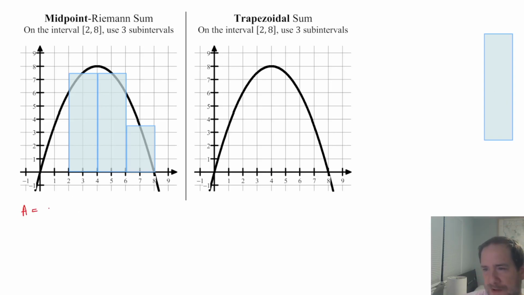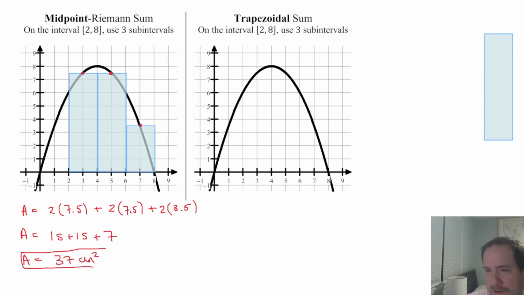Now the first guy still has a base of 2, and his height, we said, seems to be, let's just call it 7.5, keep it as simple as we can. The next one is base of 2 with the exact same height because of the symmetry of our function. We know those two y values are the same, so again we'll call it 2 times 7.5. And then the last rectangle has a base of 2, and we said the height at the midpoint appears to be about 3.5. So that's given me 15 and another 15 plus 7. So that's giving me an area of 37